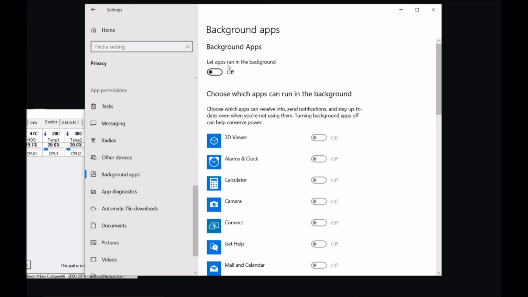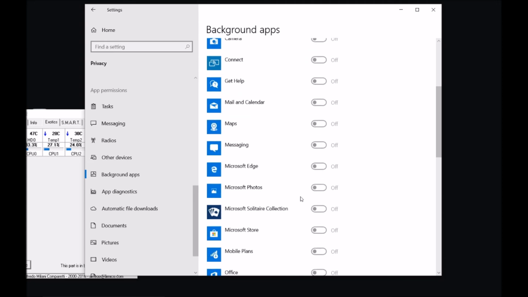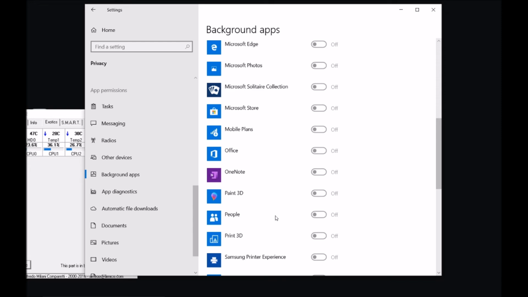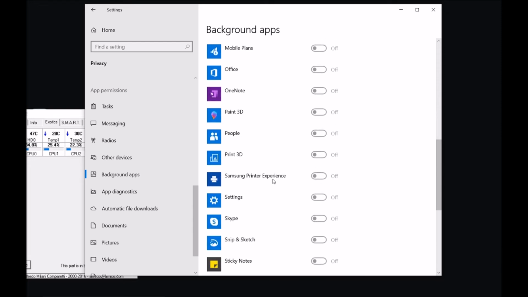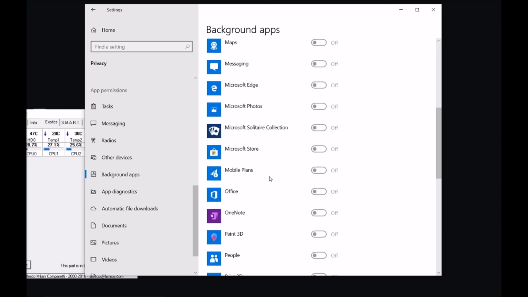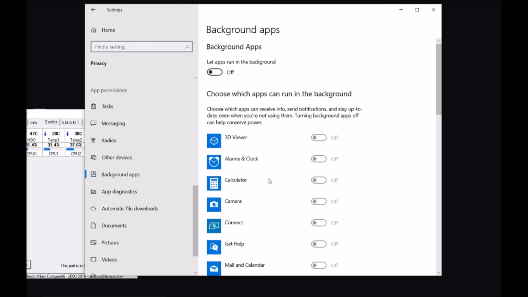So it's up to you really to disable or enable what you want. Personally, I just disable everything, and if I just start an application, normally it should be working fine. But if I see it has a problem working, I'll just come back here and turn it on for that precise application. But this, it's just letting your computer breathe a little bit better, and also not exchanging too much data with, you never know which company and for which reasons.